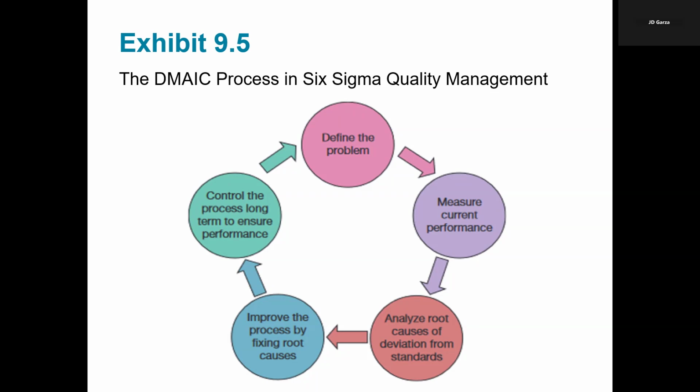The next one you have is analyze causes of deviation from standards, meaning that in this analysis phase, it seeks to identify the root causes of the problems itself and deviation from the desired standards. Techniques, say like a root cause analysis, Pareto charts, fishbone diagrams. These are employed to explore why defects or inefficiencies occur.